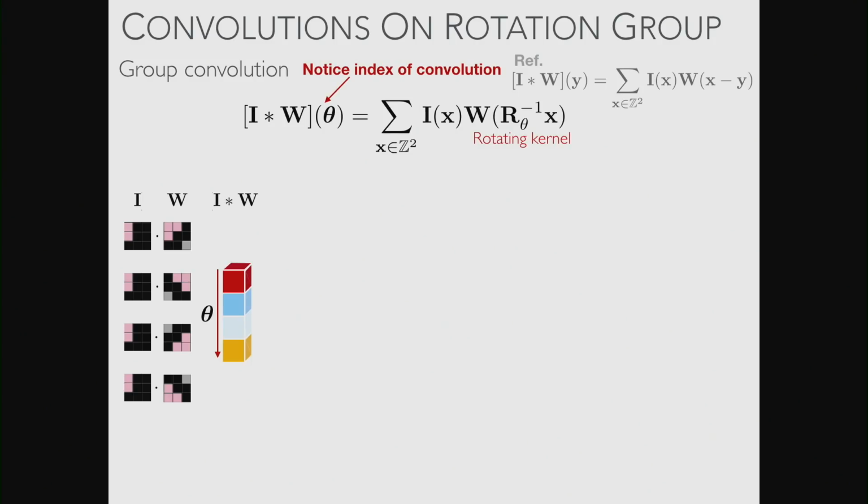And what I do is I take the inner product of this patch on the left and this kernel here. That's basically this, where theta is equal to 0. So this is just a simple inner product, and that gives me this red response. Then I go down to my next theta, theta of 90 degrees, take the inner product, and that gives me this blue thing, the light blue thing. And then when I've done 270 degrees, rotation of my W, inner product with I, that gives me the yellow thing.